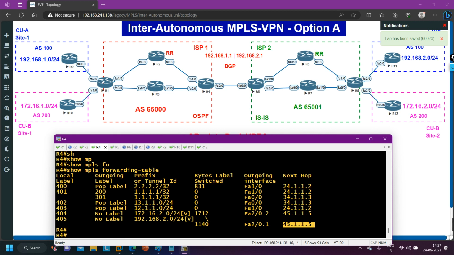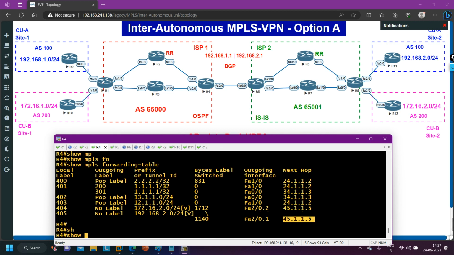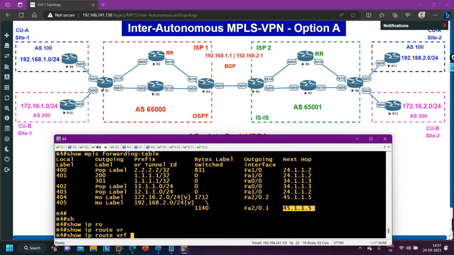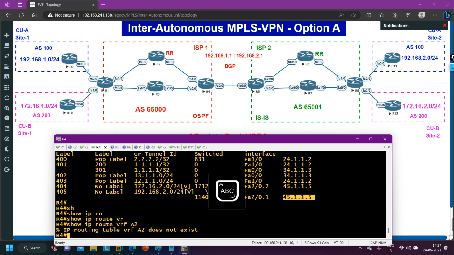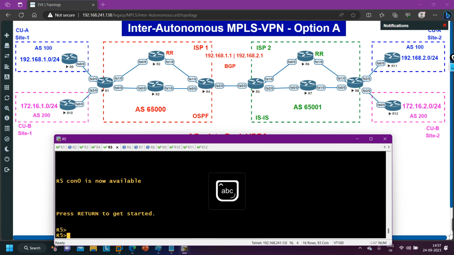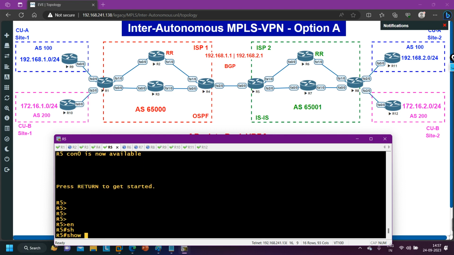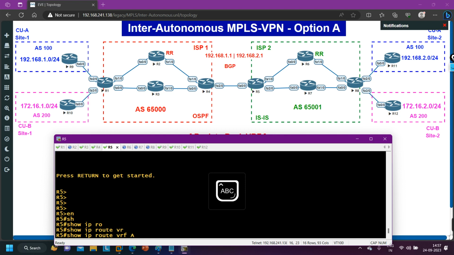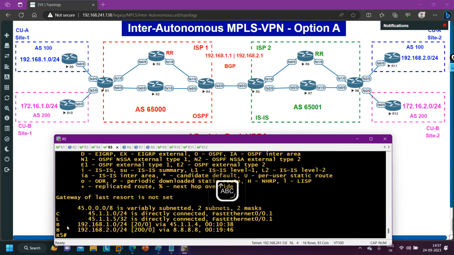Router 5 will receive this traffic on FastEthernet 0/0.1, and FastEthernet 0/0.1 is a member of VRF A2, so it will check the routing table of VRF A2. On router number 5, show ip route vrf A2. In the A2 routing table, yes, there is one network available, 192.168.2.0/24, that is fine,